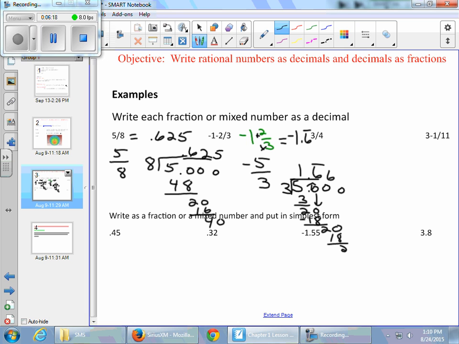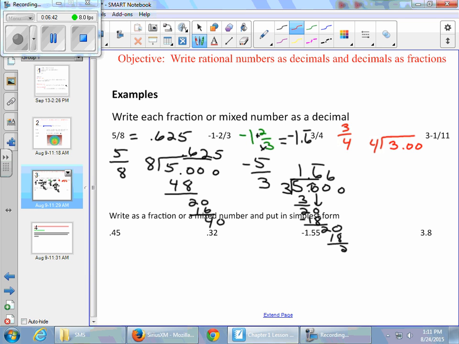Okay, moving on to our next one. 3/4. Once again, we have a fraction, 3/4. We're going to divide 4 into 3. And what I want you to do is do that on your own. We'll bring that into class tomorrow, and we'll check to see if you have some understanding of that,